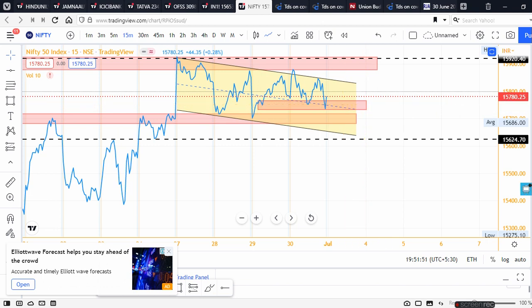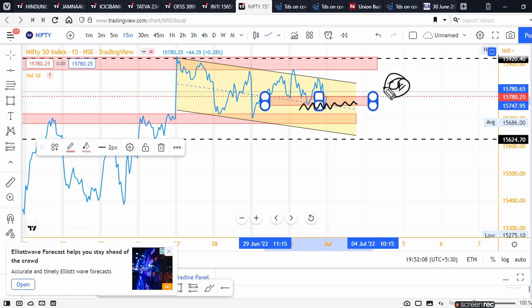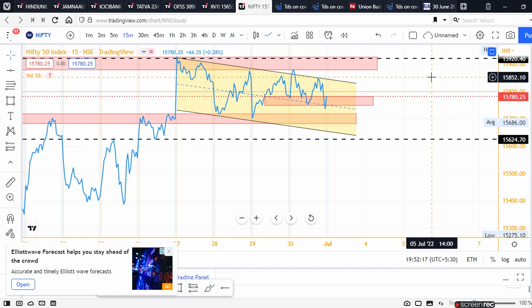Now what if market opens gap down? कुछ होता है ऐसा कि gap down खुल जाए. So till the time market does not cross above this level, the level which we have marked new today, this area over here, you can mark it on your screen as it is. Till the time market does not cross above this level, we are not sitting into a CE, even if it's a gap down, right? This level is automatically shifted. I don't know how. Let me shift it down again. You can draw it on your screen on your own, guys.